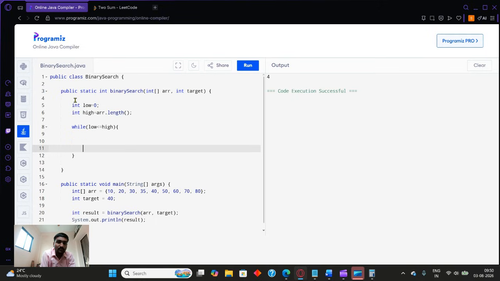We will generally move from left to right based on our while loop, and based on this primary logic we will return our target or mid if found,